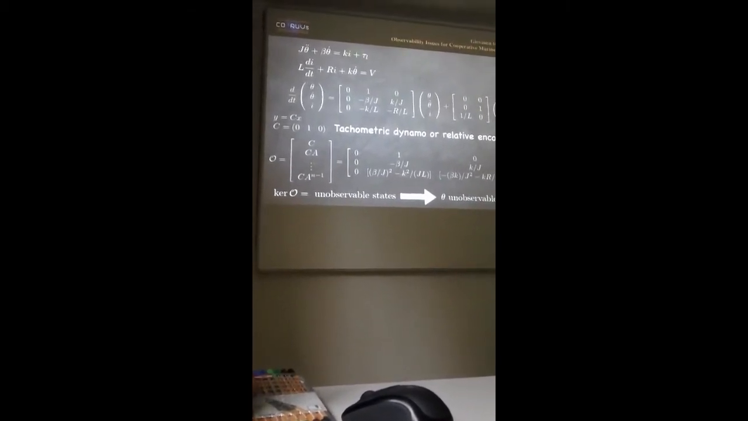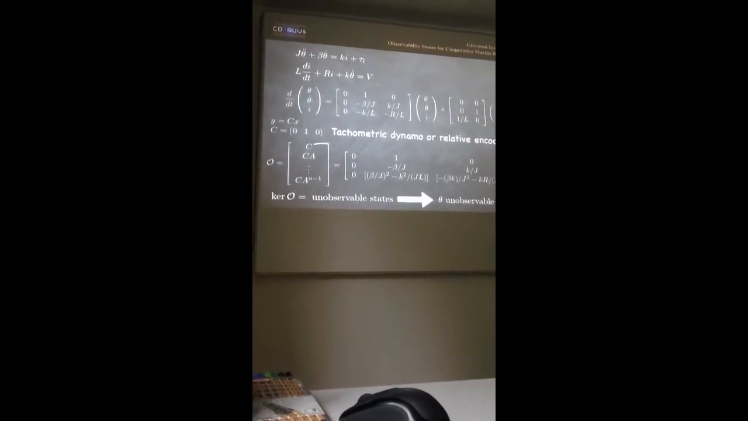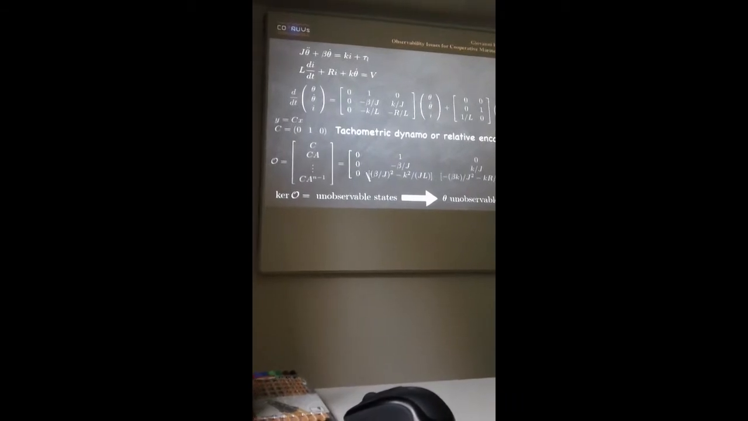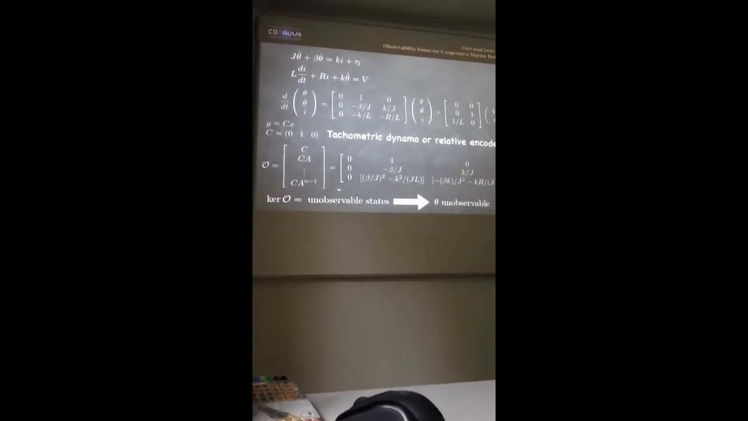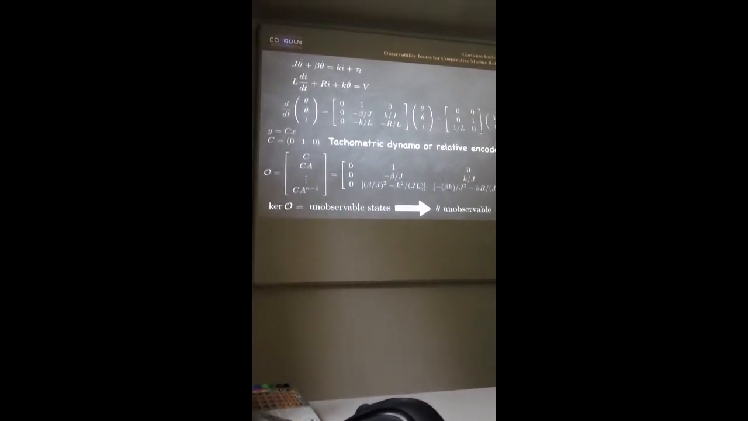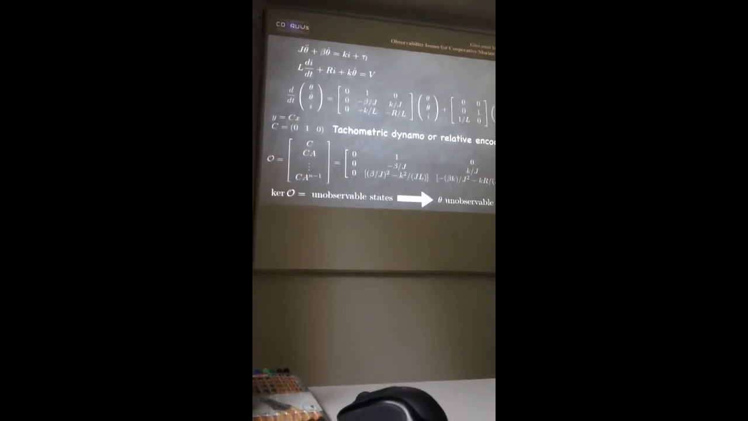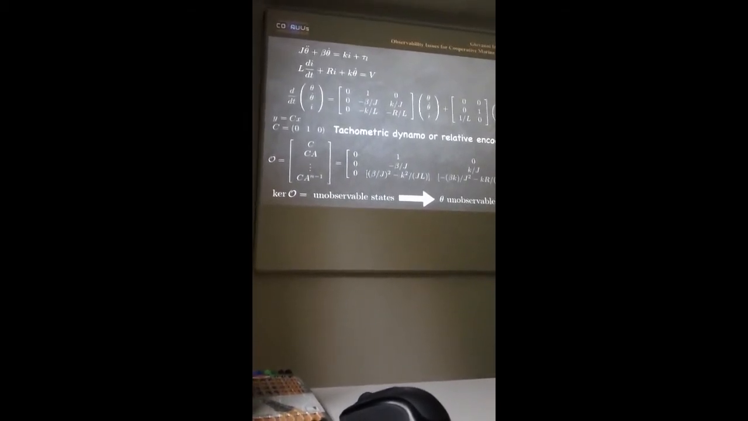The initial state cannot be recovered. In fact, if you compute the Kalman observability matrix, you see you have a column of zeros. So this is not full rank. And we can even say more. What is the unobservable state? The unobservable state is